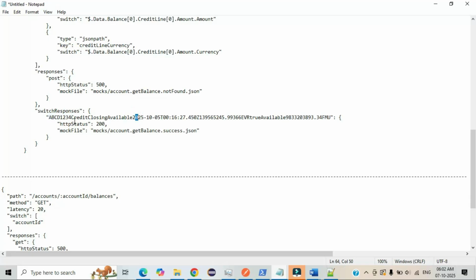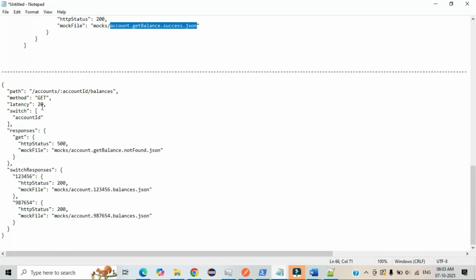If this condition succeeds with our payload request value, then we call one more file here, the get balance success JSON file. Whatever value is available inside that particular file, that data we are printing here.